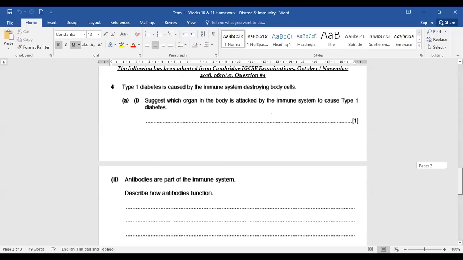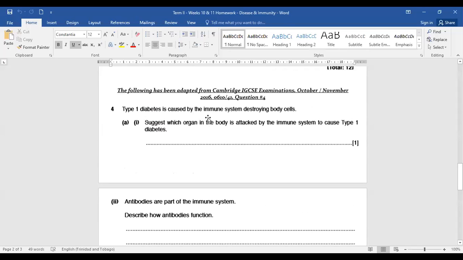All right, now the next part of the question was talking about type 1 diabetes. So remember, we spoke about type 1 diabetes being an autoimmune disease. Even with the coronavirus, persons who are diabetic, type 1 and type 2, who poorly manage their diabetes, are at a great risk of having severe symptoms of the virus. So, type 1 diabetes is considered to be an autoimmune disease because, remember,